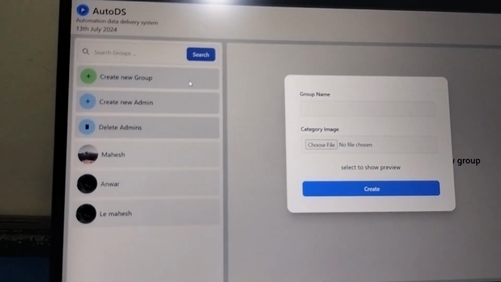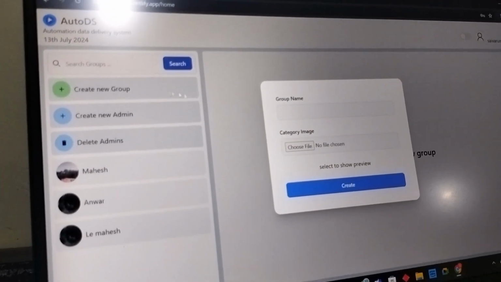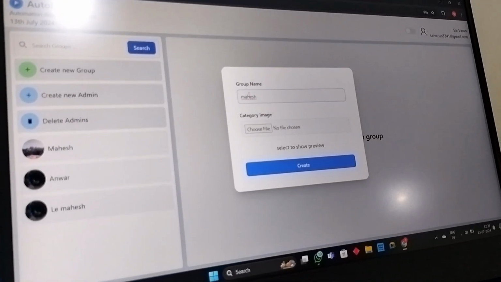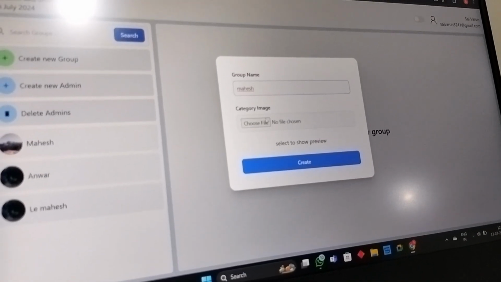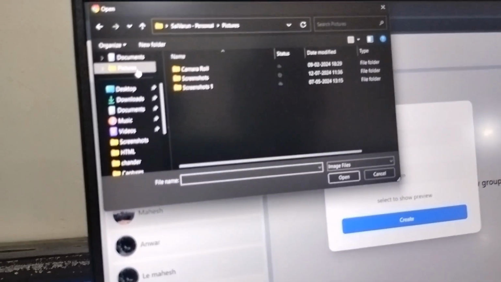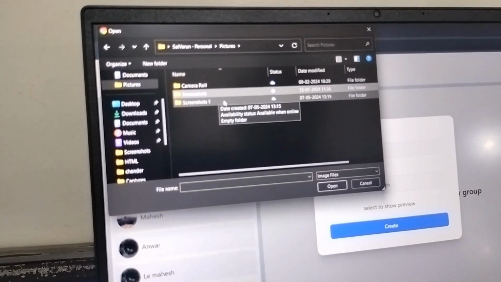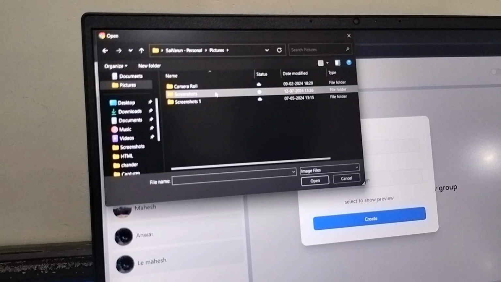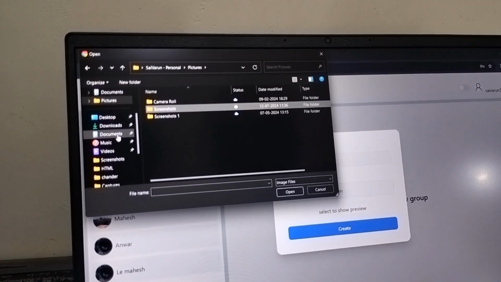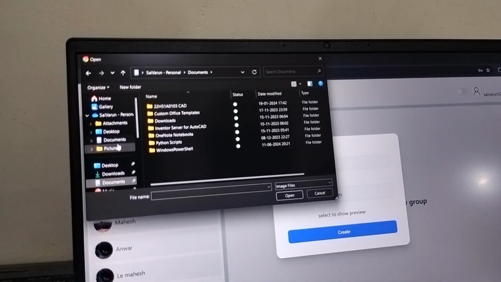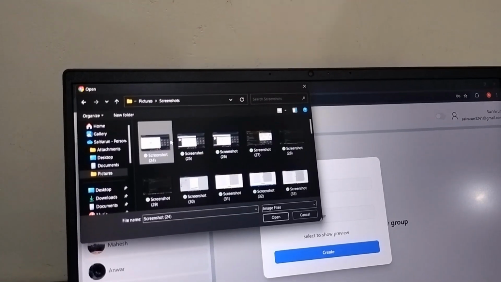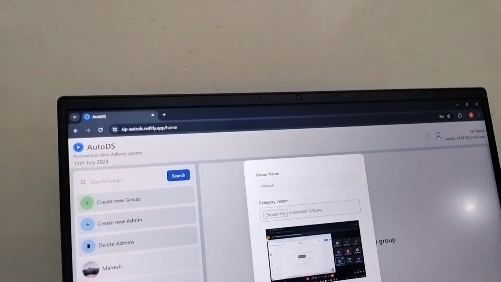Here is a group option. We have to click on the create group option. Next, we have to enter a group name. We can enter anything, like I entered Mahesh, and we can choose any picture as the wallpaper of the group ID, and next I am choosing one like this.